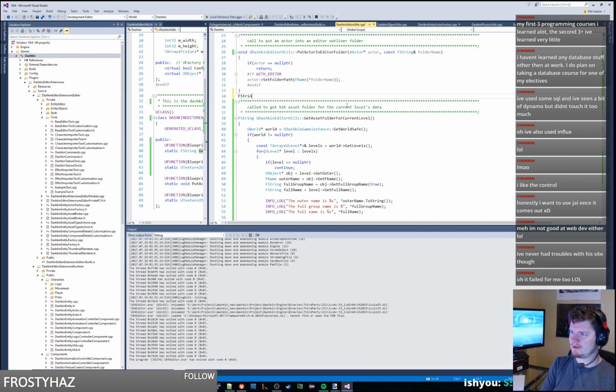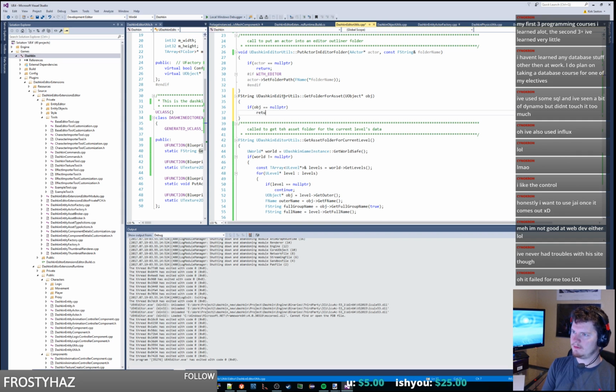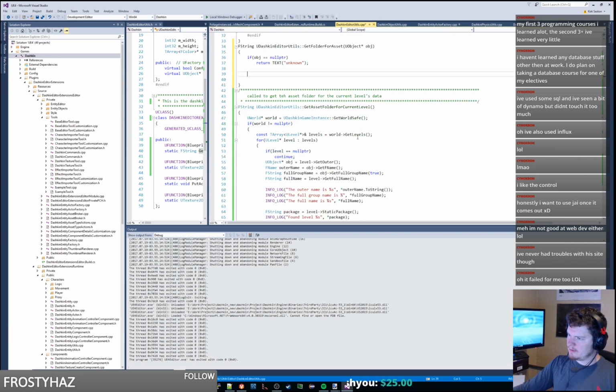So it's going to be like FString EditorUtils get path for asset, or get folder for asset. And you'll pass in a UObject. So if the object is null, you're just going to return text unknown. Otherwise, we are going to do